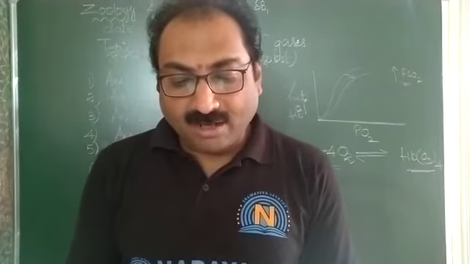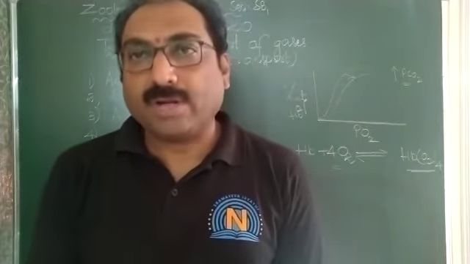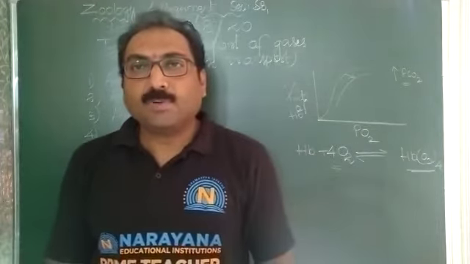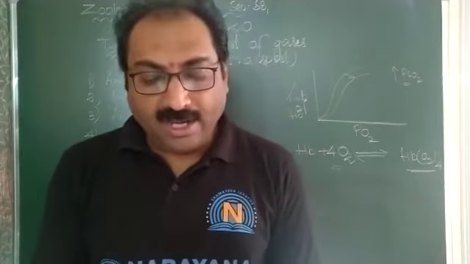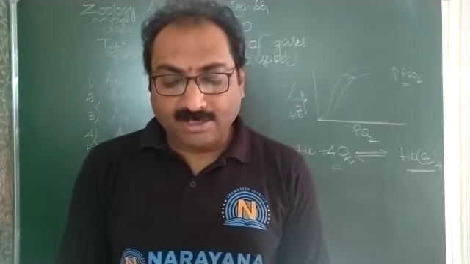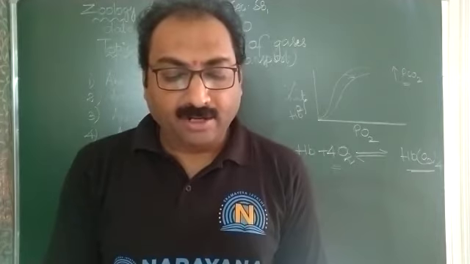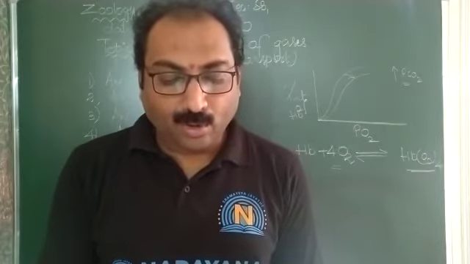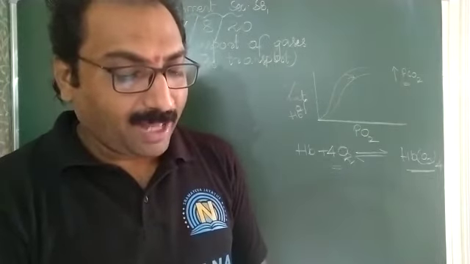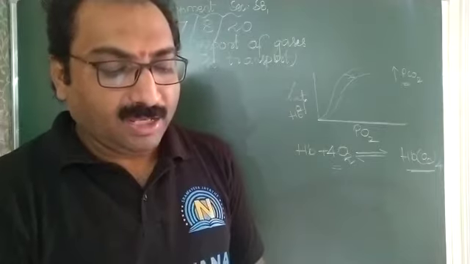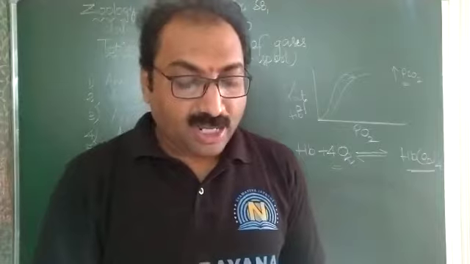About 97% of oxygen is transported by RBC. The remaining 3% is transported in the form of dissolved state through plasma. So options given here are retained in the lungs. Second one, dissolved in plasma and transported. This is correct. Third one, attached to the cell membrane. Wrong. Fourth one, inside mitochondria. So for this, the correct answer is dissolved in plasma. So answer for the eighth question is 2.